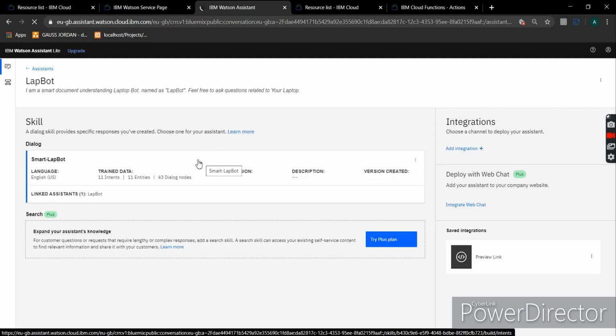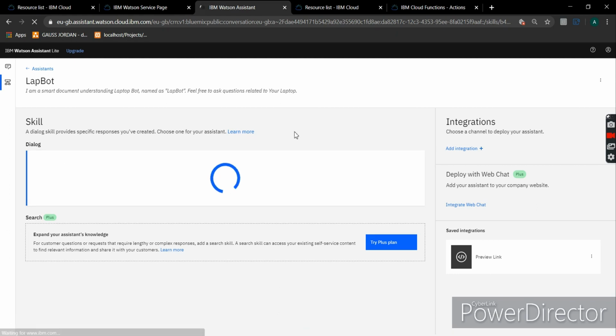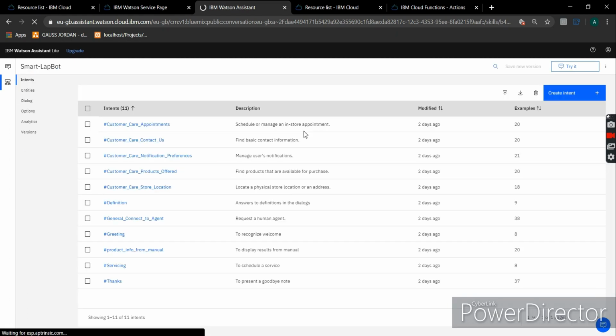In the assistant, I have created my own skill, which is the dialog of the Watson Assistant that you are creating. So I am going to click on the skill to show you what I have created.